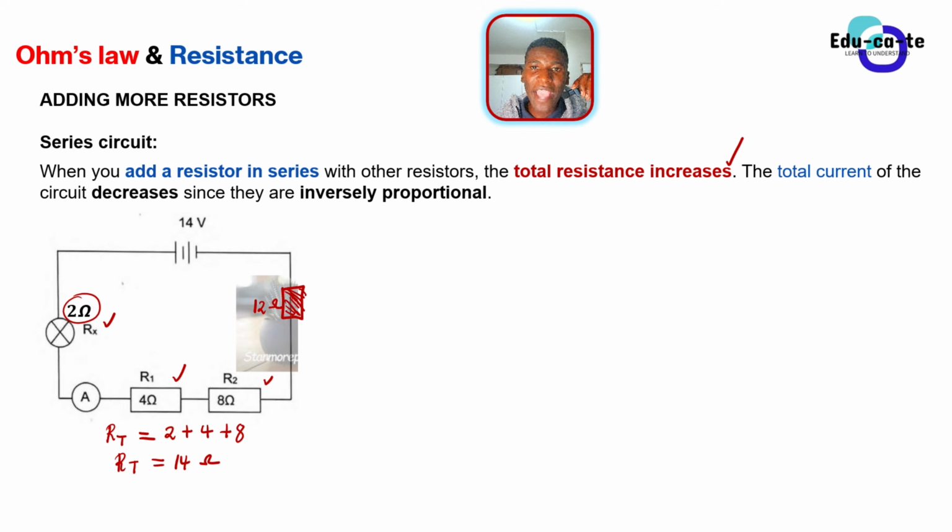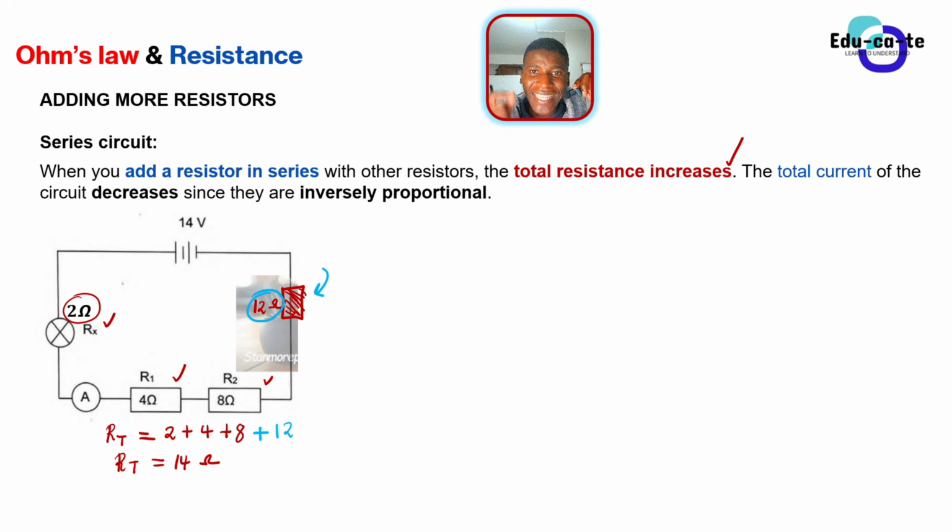But now I'm adding a 4th resistor on top of this, and I'm adding it in series. If I'm adding this in series, what will that mean? It will mean that I'm increasing the total resistance, because if I calculate the total resistance again while considering the one that I've added, I would have to say plus 12 ohms. I'm adding this 12 ohms because to find the total in series resistors, you just add their resistances. So you're going to add 2 plus 4 plus 8 and then plus the 12, the one that I've added.